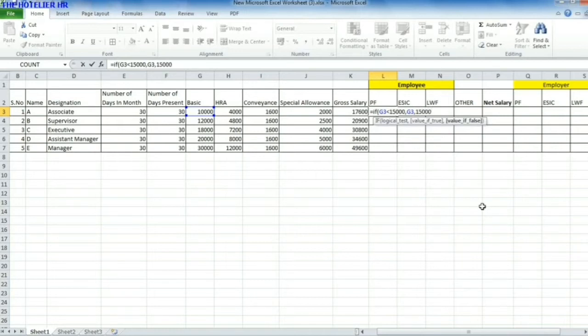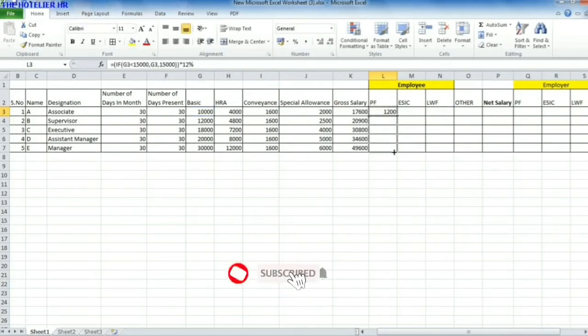So whichever amount is less, it will calculate that, and then we will close the bracket. But here we need to have 12% of the basic salary for the Provident Fund. So we will put this formula in a bracket, and then multiply by 12% of your basic salary. So now the amount is 1200.